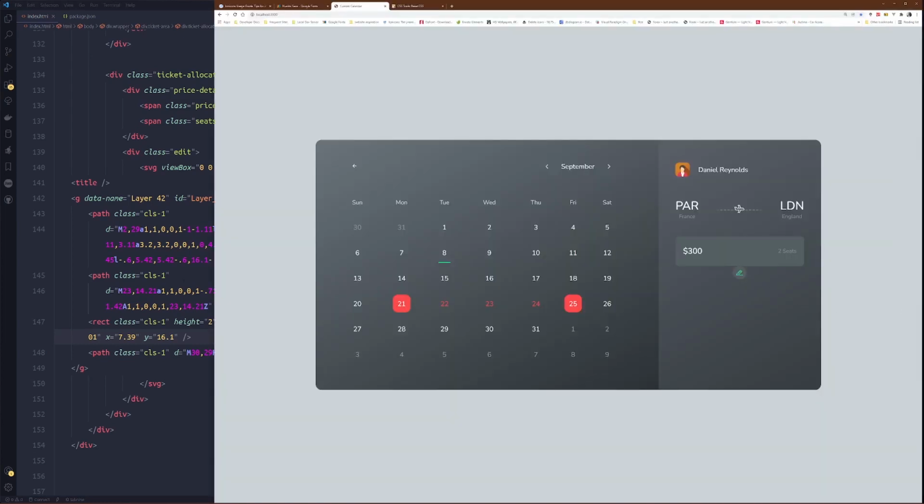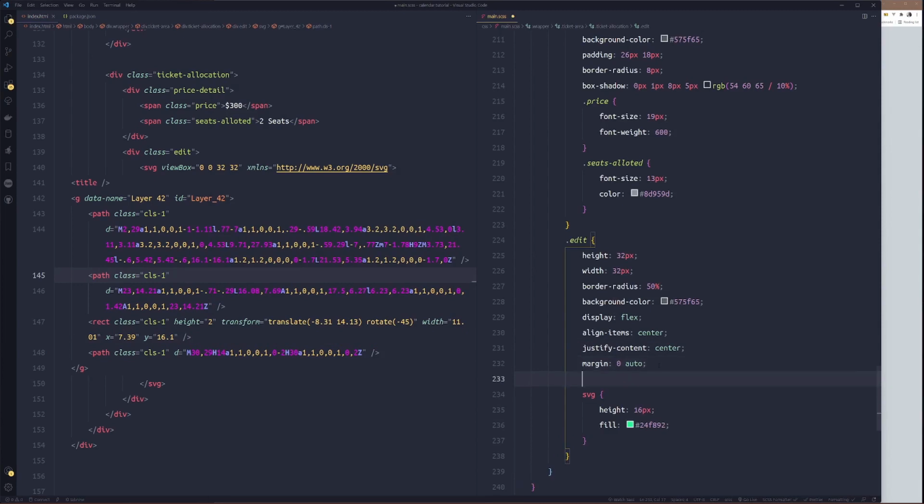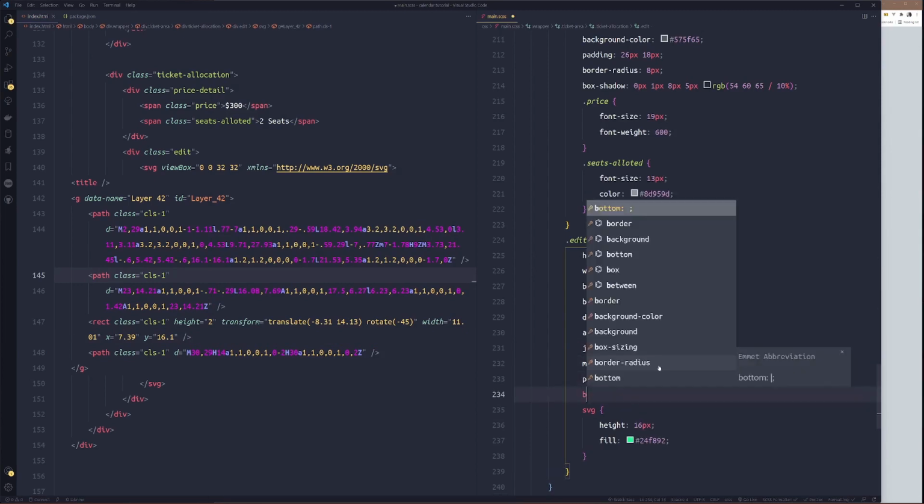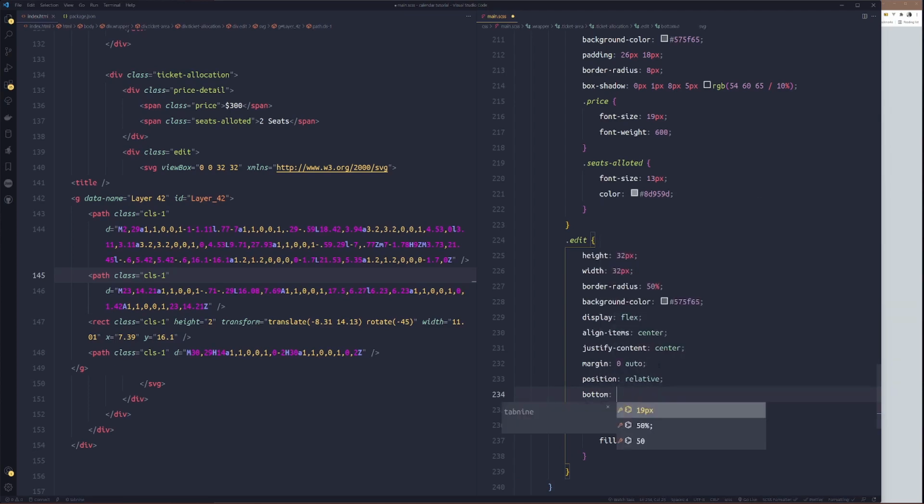Then we need to push it up, so we'll give a position relative, then set bottom to like 16 pixel. Then we'll copy this same box shadow and give it.